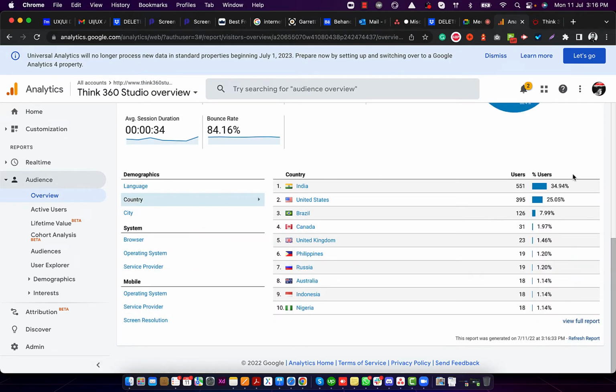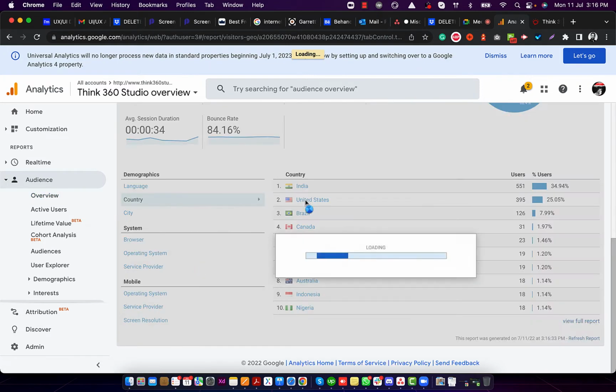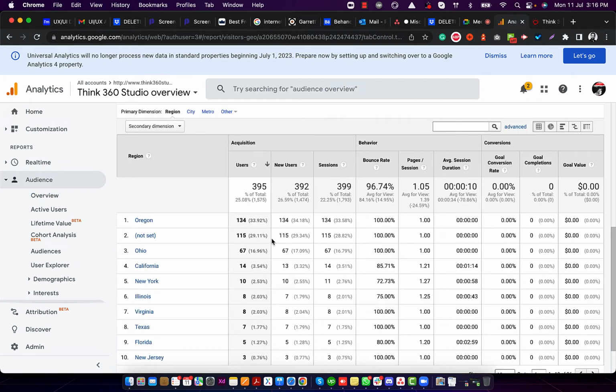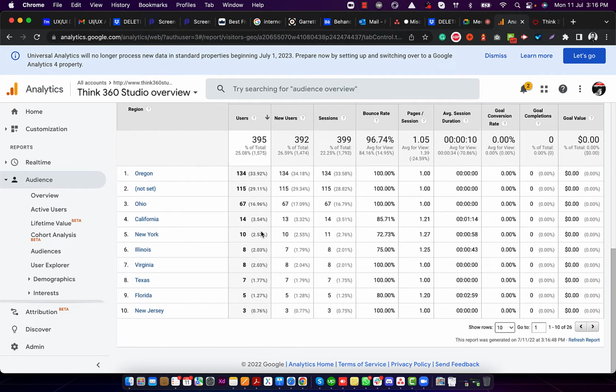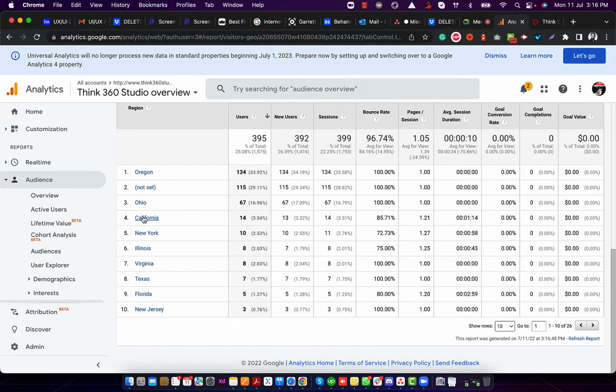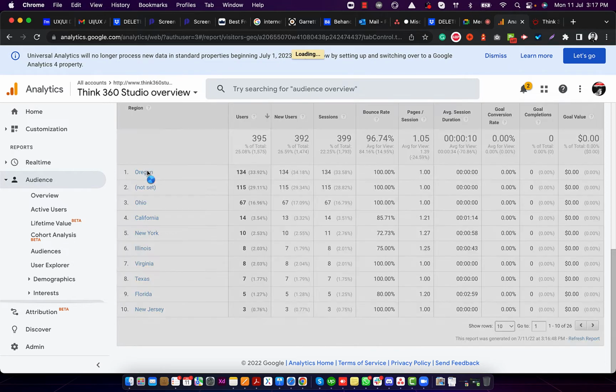So the max, 34%, is coming from India, 25% from the United States, then Brazil and Canada, etc. Over here I can also, let's suppose I click on the United States, and I can get the data on which state in the USA the traffic is coming from. Even if, let's suppose, I go into Oregon, because 33% of the traffic is coming from Oregon state, then